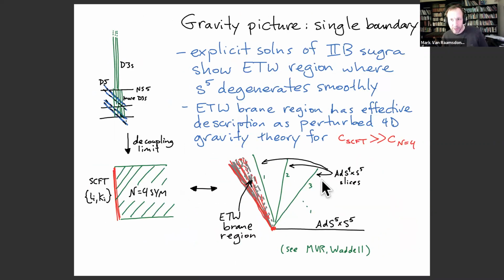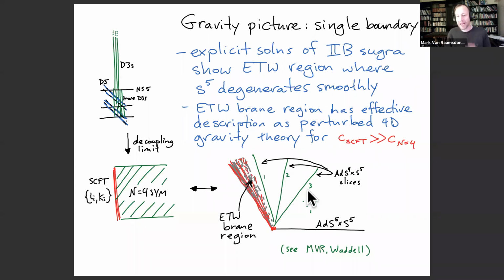Okay, so in these supergravity solutions, what you have is a part of AdS5 times S5. So this is like the Poincare coordinates of AdS5 times S5. And this would be like slicing at different Poincare angles. And because the N equals 4 theory is then only on a half space, the asymptotically AdS5 boundary is just half of the usual Poincare AdS. And then you see there's this, what I'm calling the end of the world brane. It's really like a region of the 10-dimensional geometry.